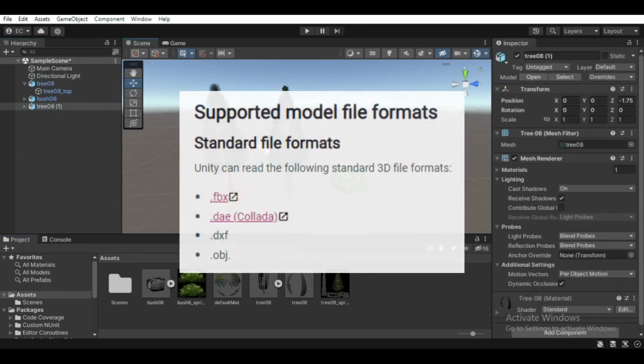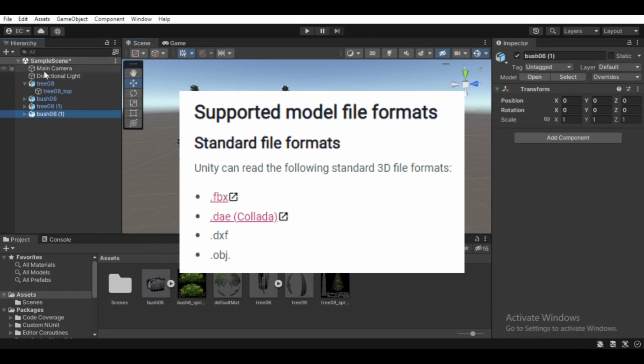Also, it's worth noting that currently Unity does not support importing GLTF models, but you can do that by using